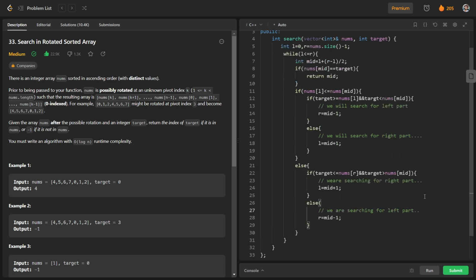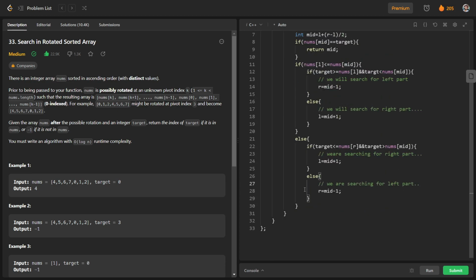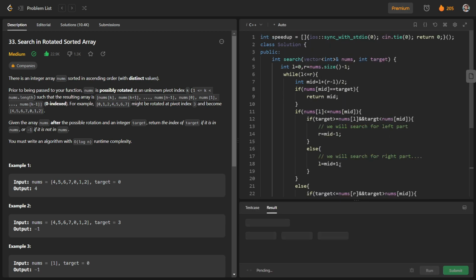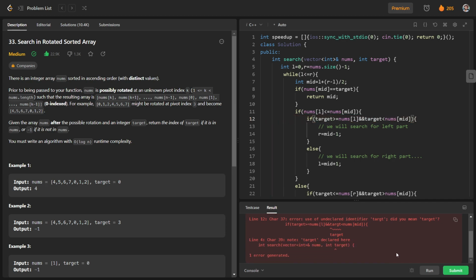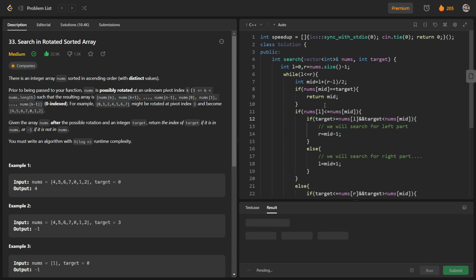So in this way we have done this binary search part, and if we didn't find our index, we will simply return -1. So let us see whether the code works or not. I have made some error here. Okay, so let us see whether the code works or not.